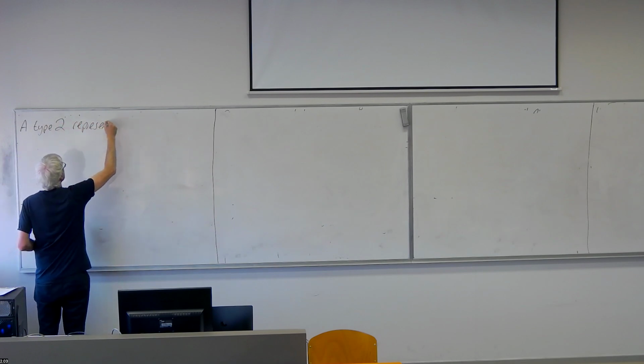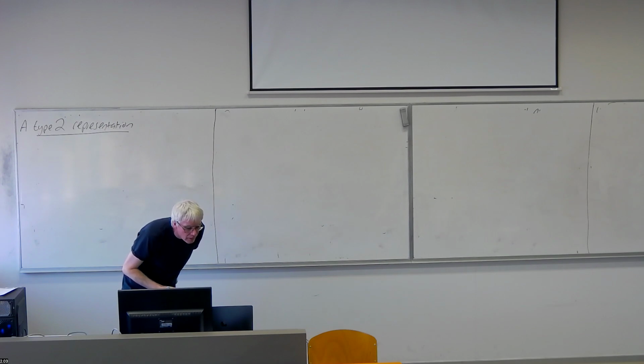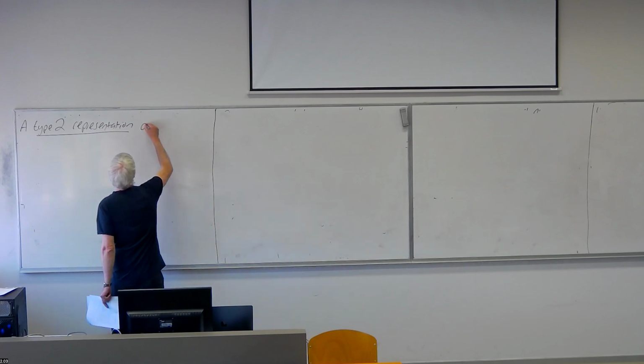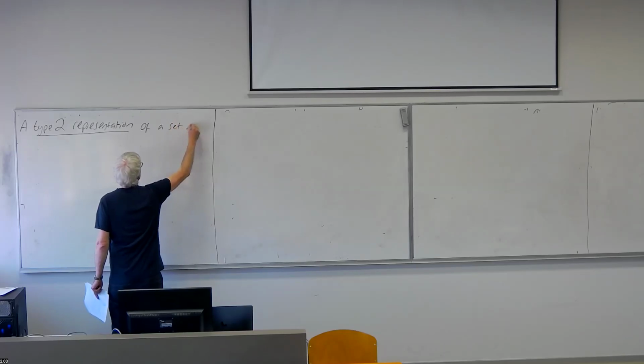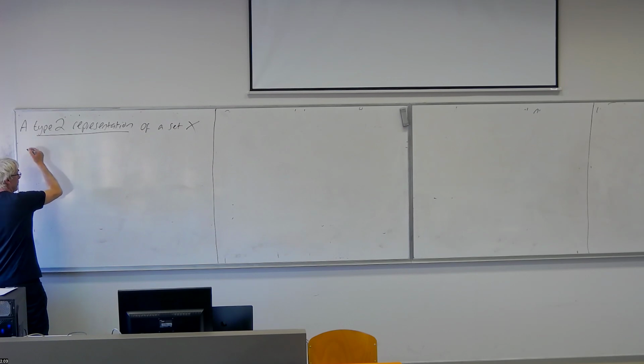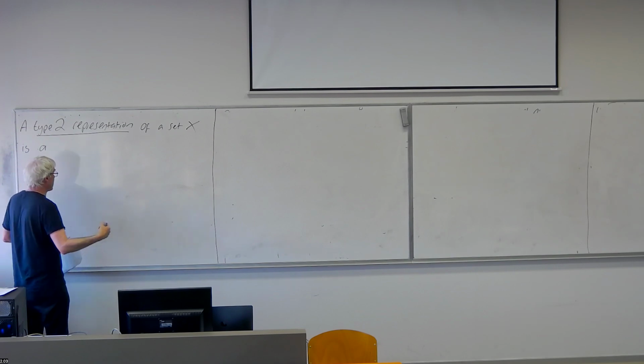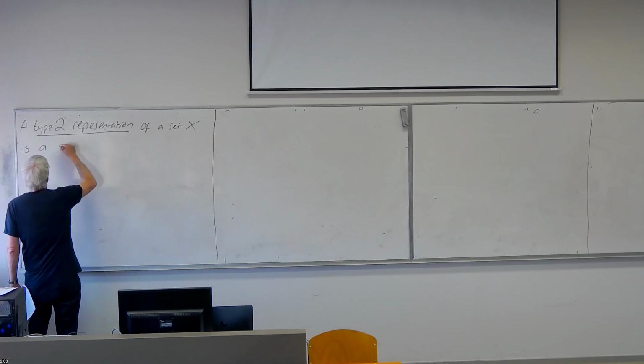So this leads us to the notion of the type 2 representation of the set X using an alphabet sigma. Remember, originally we had a surjective partial function from the set of words over the alphabet sigma to X. So now we ask for a surjective partial function